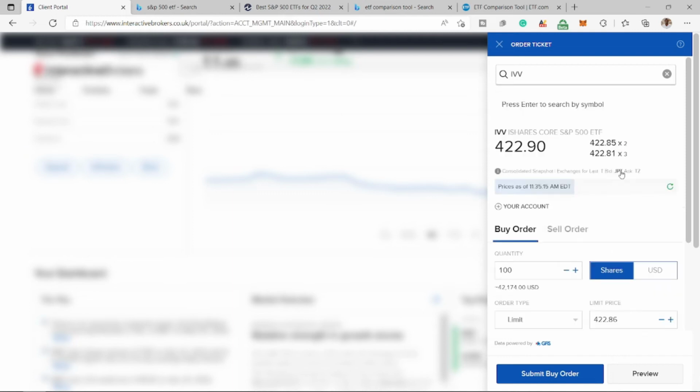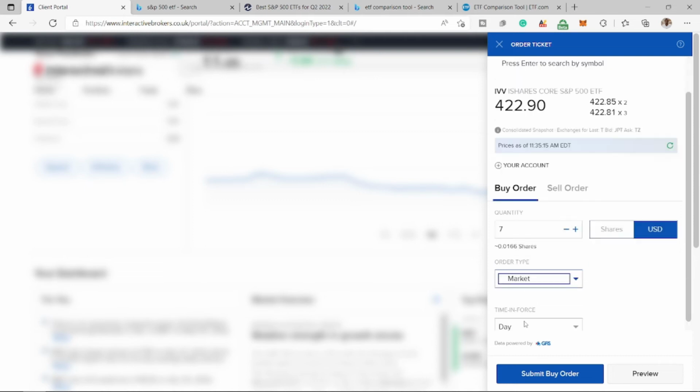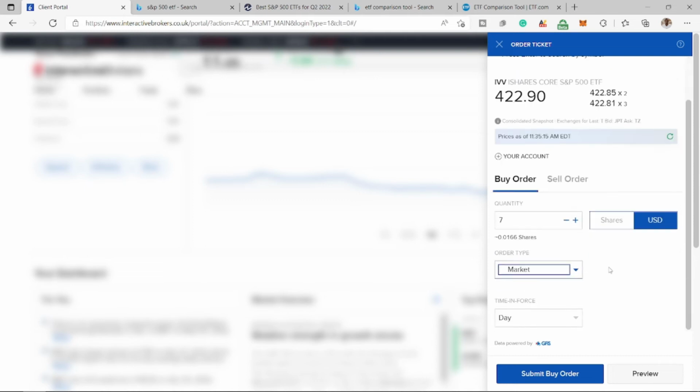So the price changed recently to 422.90. So here we're going to switch from shares to USD, and we're going to specify 7. And for things like this, I normally go market. Time in force, go down to GTC, so it will stay there until you go and cancel the order. So submit the order,